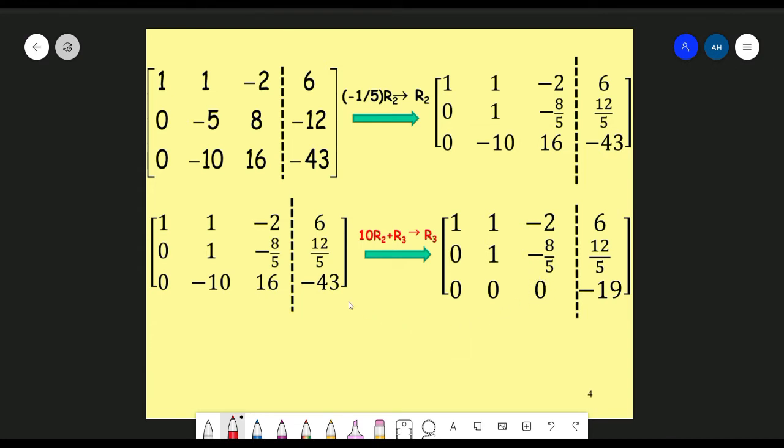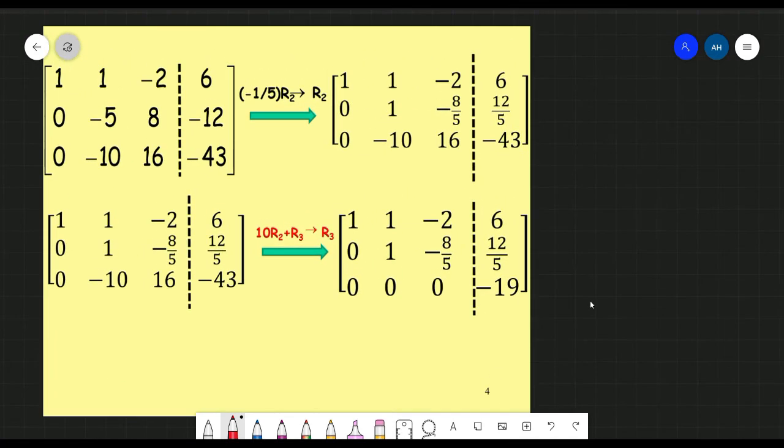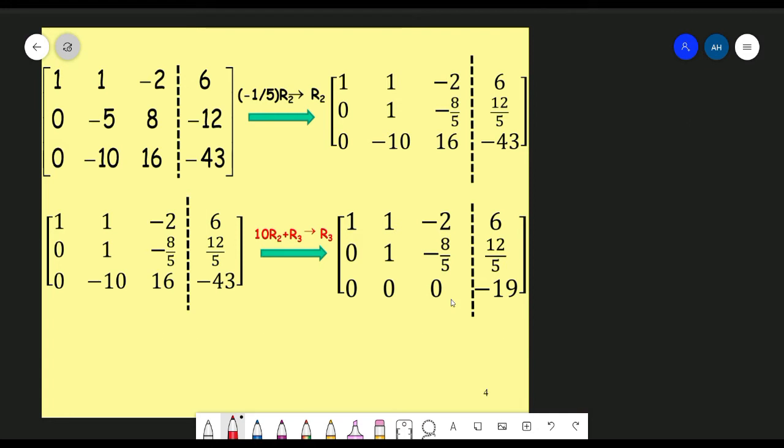Alright, now let's see the last number. 10 multiplied by 12 over 5. We have 2 times 12 is 24. 24 minus 43 will be negative 19. Therefore, our new row number 3 is 0, 0, 0, and negative 19. And this last row is very interesting, because if we convert this last row, row number 3,